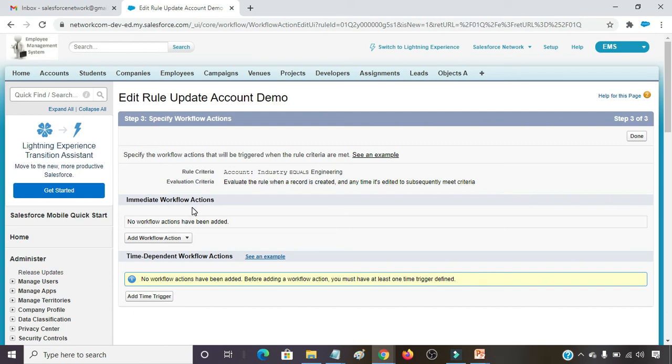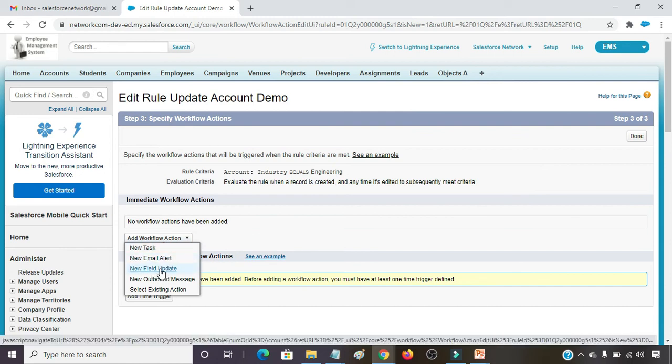Here the immediate workflow action is shown, and add time trigger is also available. I am going with the immediate workflow action, and here I am going to update the field. New field update.